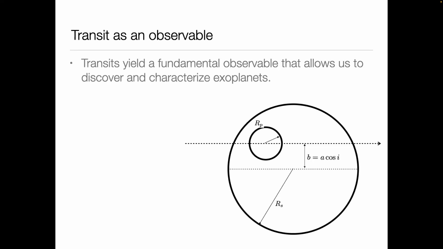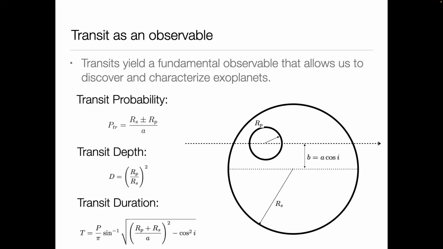So this is the geometry we are talking about when there's a transit. You have some stellar disk, some star with radius R_S, some planet with radius R_P, and then we define the so-called impact parameter, which is the semi-major axis a, which in simpler terms is the distance between your star and the planet, times the cosine of the inclination angle. So this a times cosine i is a very important parameter here, the impact parameter, b, and that will lead to a few important definitions. The details are not important, but I'd like to send across a few important physical intuitions.